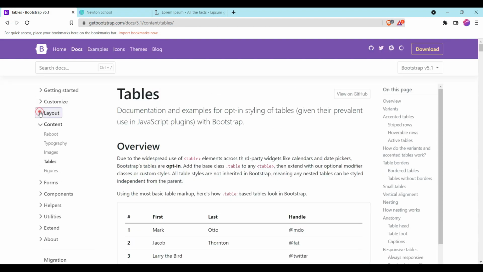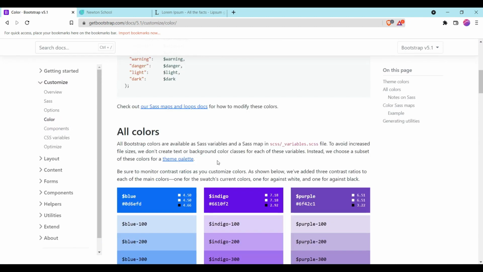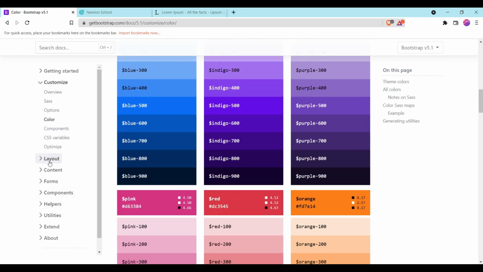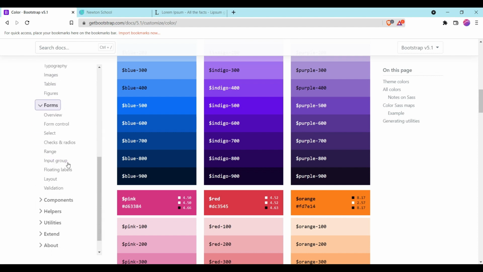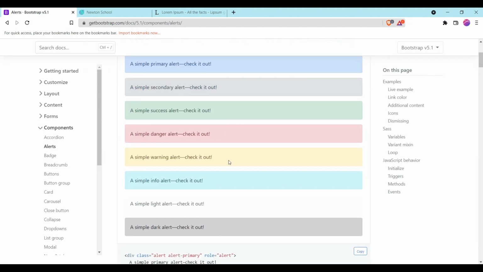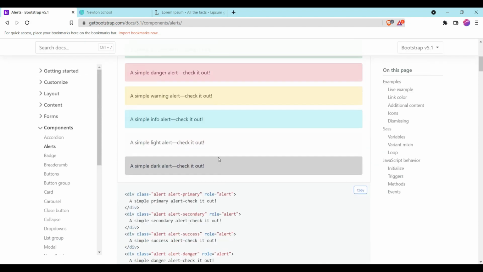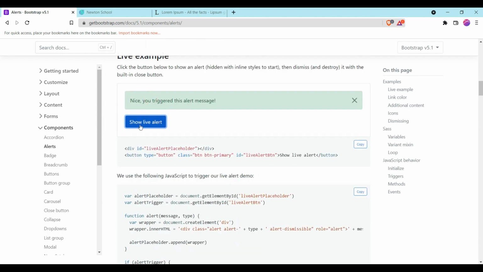In Bootstrap, you get multiple options: layout, grid, columns, and customization options. You can also customize the colors, add forms, content, and components. In components, you get a lot more options like alerts. In alerts, you can see this type of colorful alert, like this live alert.